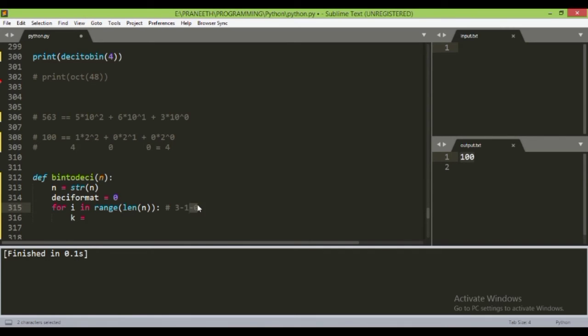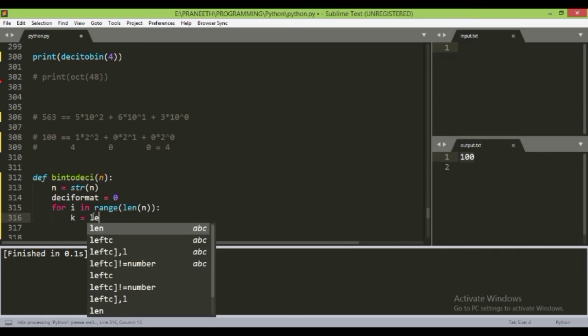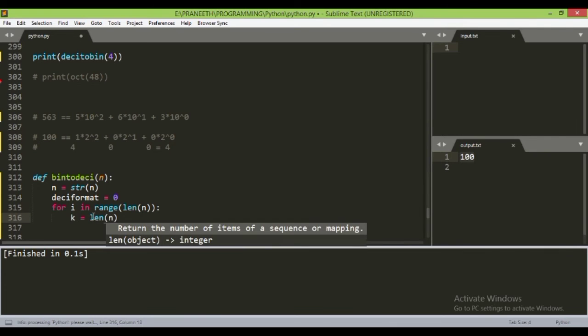So this i would now at the next step become 1. So 3 minus 1, 2, 2 minus 1, 1, which would be our second value of k. For the third value, this i will increment to 2 and then 3 minus 1 minus 2 would be 0. So it would give us 0, the perfect formula for 2 raised to k. So k equal to length of n, meaning the binary representation, minus 1 minus i.